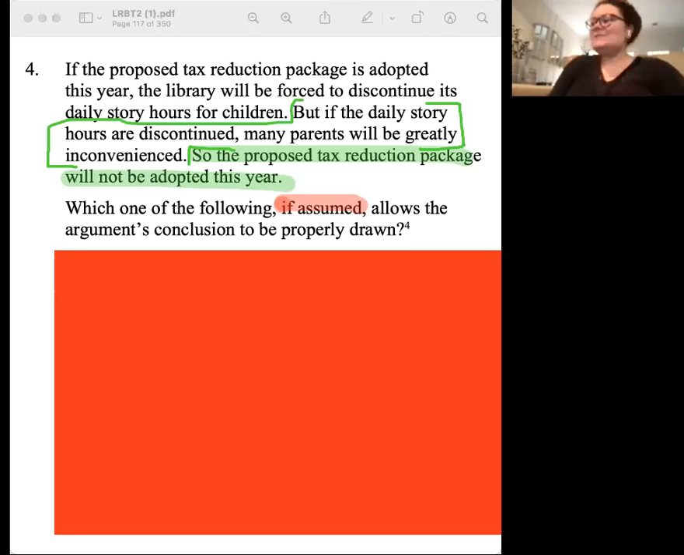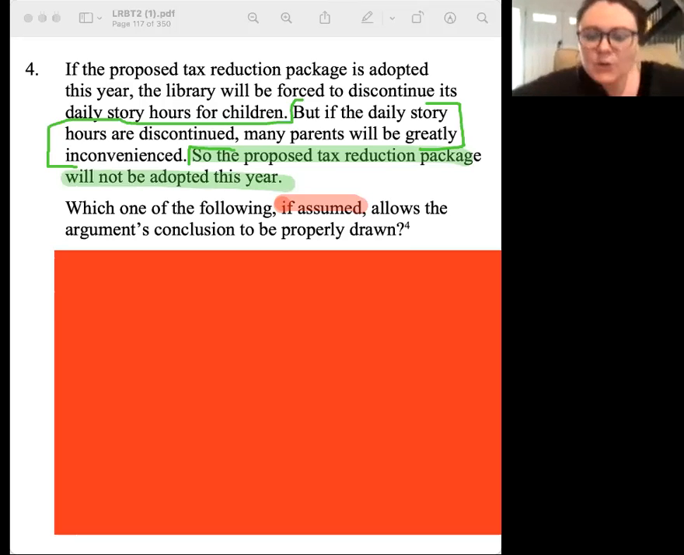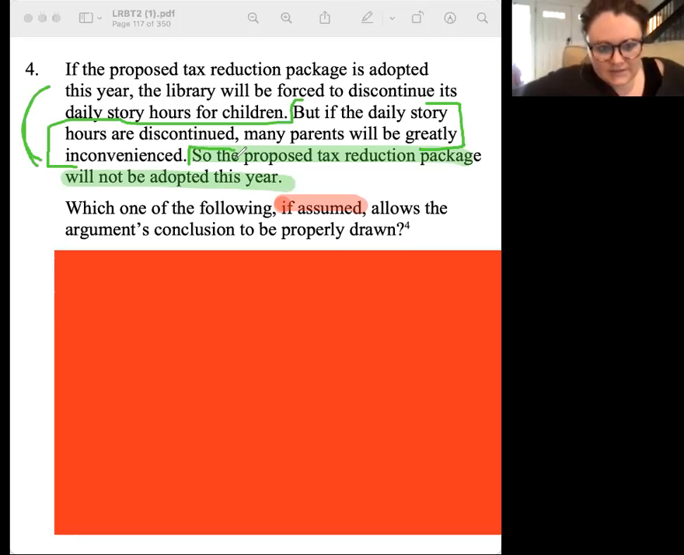Yes. This is what makes sufficient assumption questions so hard: typically, if we don't read them critically, they sound like they could be valid, but there's actually an unsaid premise required for this to be valid. Once we see it's a sufficient assumption question, we know there's a flaw somewhere and something missing. So we're saying, if the proposed tax reduction package is adopted this year,